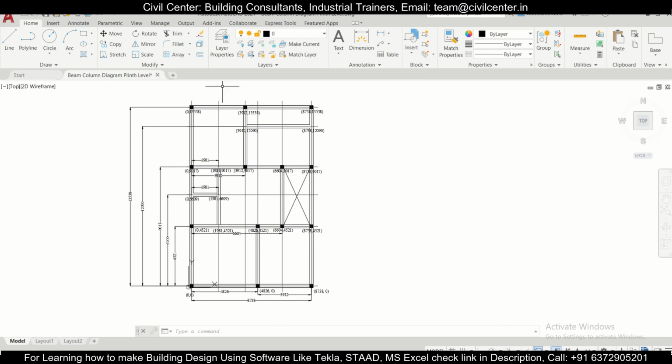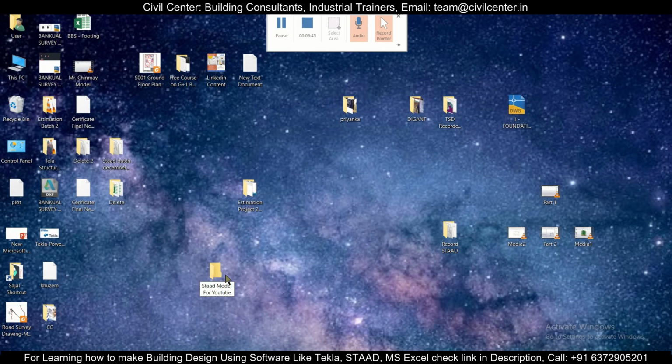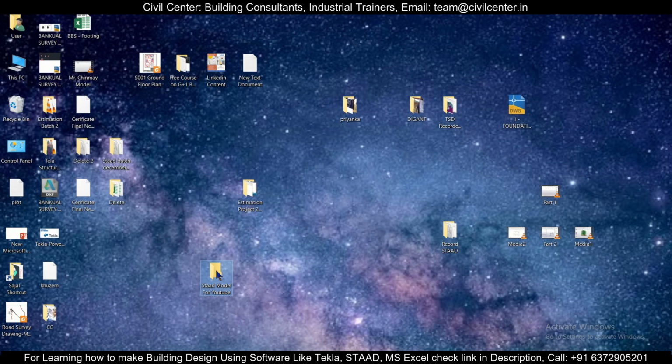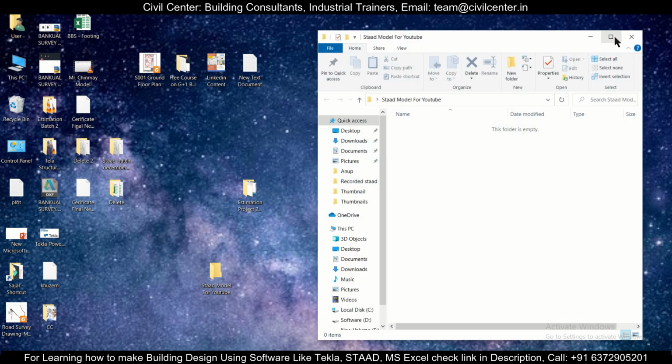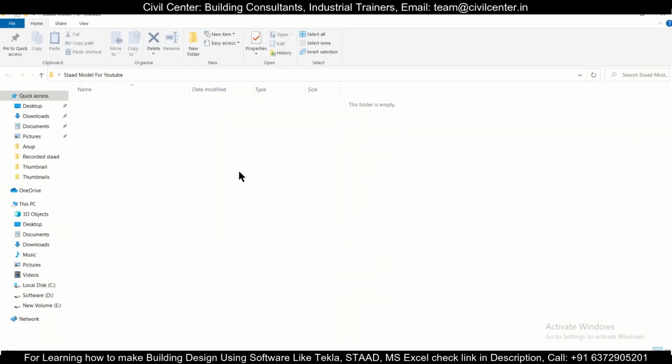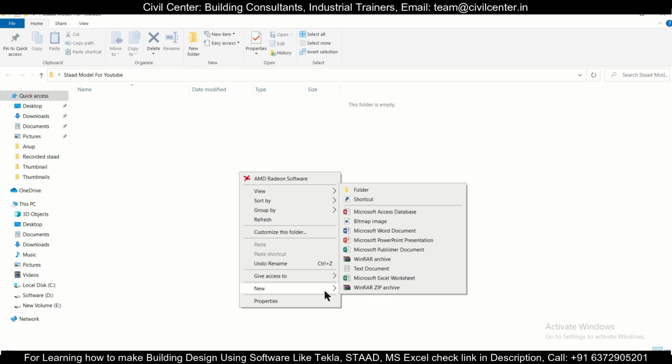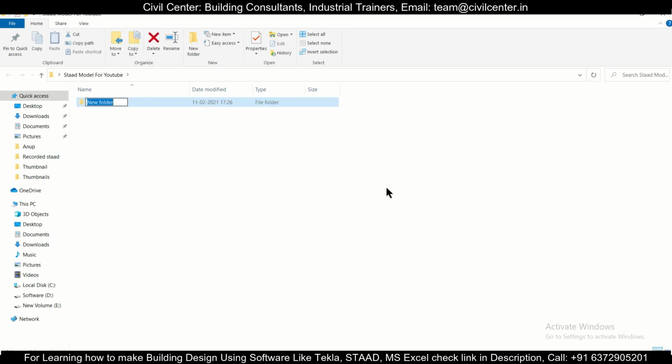So let's go to STAAD. Let's create a new folder. I have named that STAAD model for YouTube, and in this new folder we will be saving our STAAD file. So I'll just name this structure 1, and in this I will save my STAAD file. Please remember, for every separate file, make a separate folder for your STAAD, because there are many particular files which come